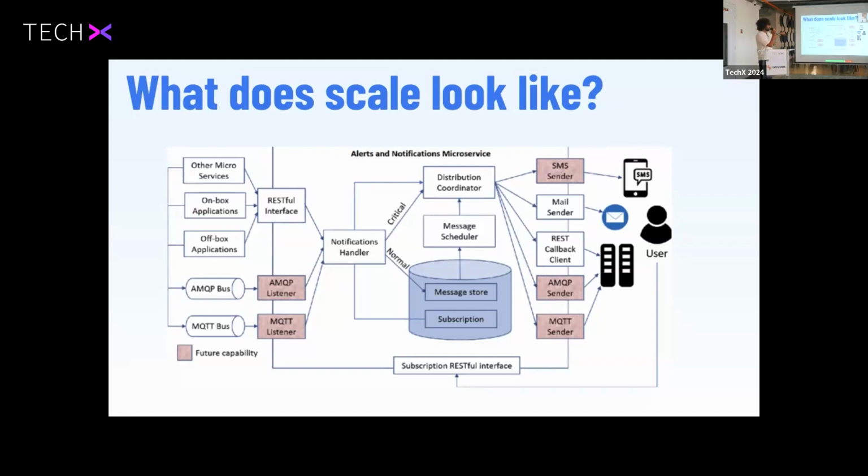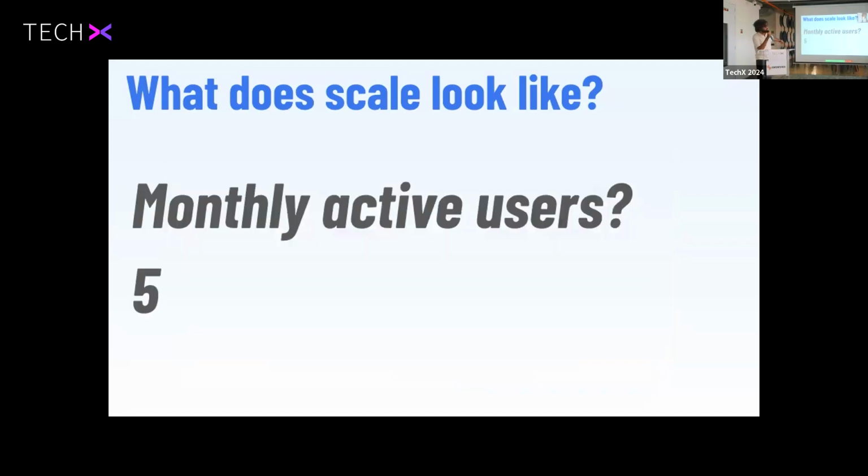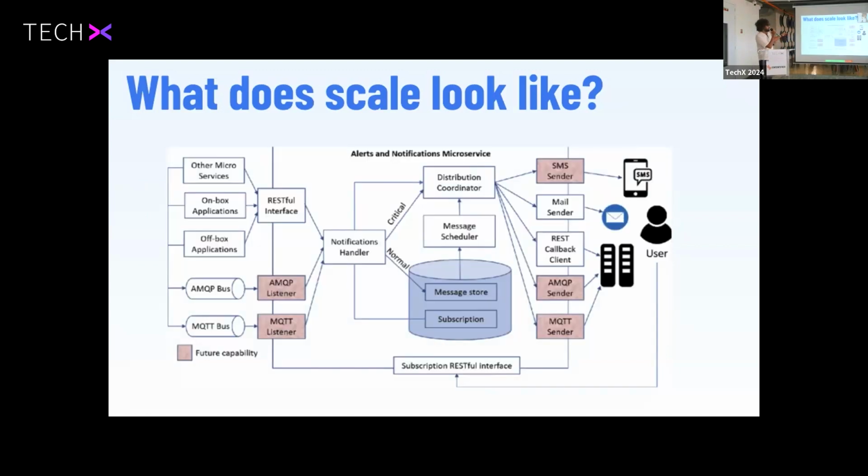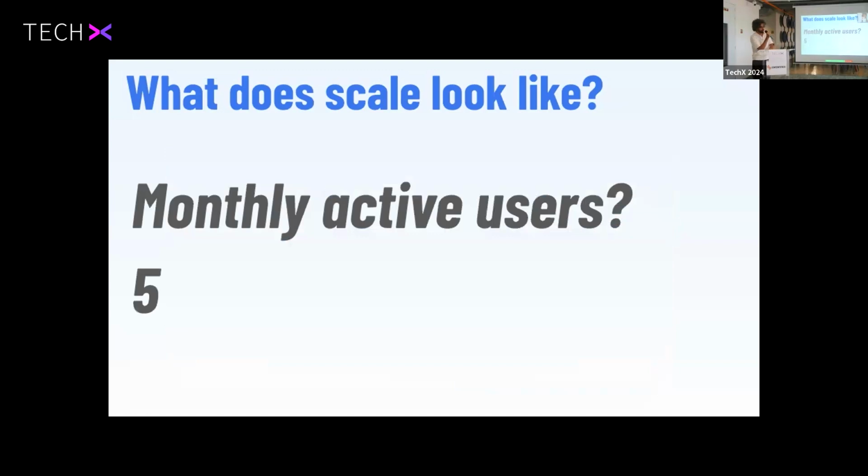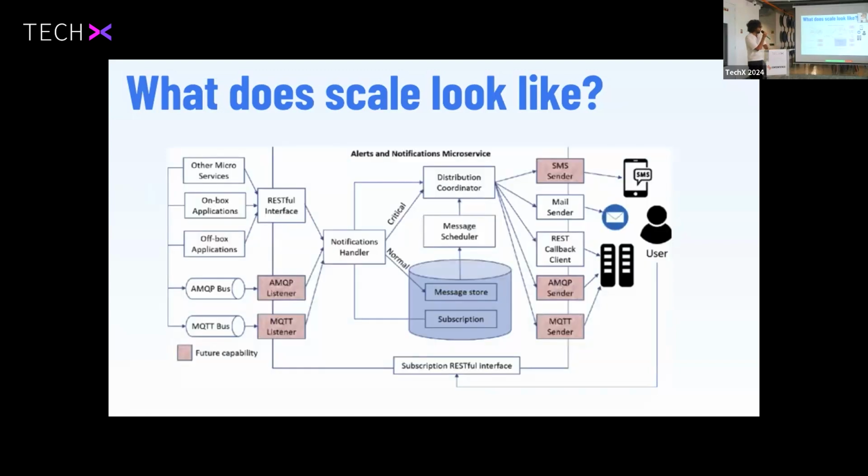As an engineer, you could build this and you will be a very good engineer. And when we meet and we ask the company, how many monthly active users do you have? And the answer is 5, right? If 5 people are using your mobile application, website, any tech infra that you build, then having this makes absolutely no sense, right? Because this is going to cost you a lot of money, this is going to cost you a lot of problems, this is going to cost you a lot of things.